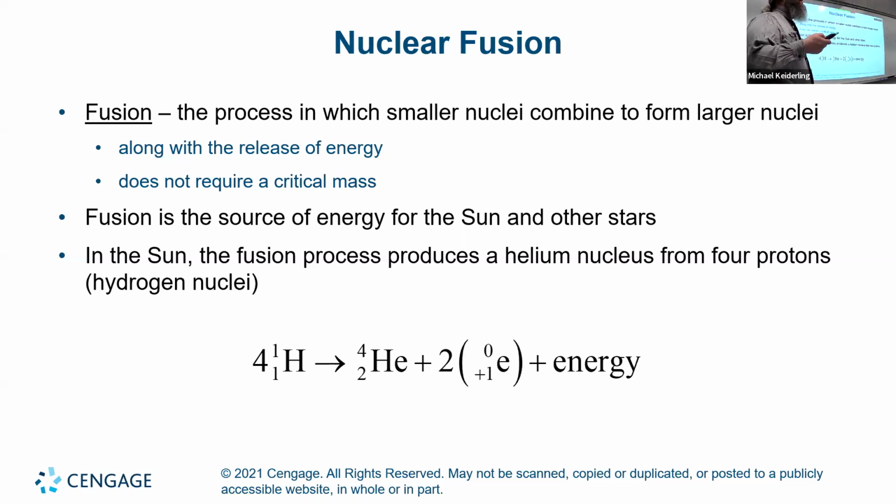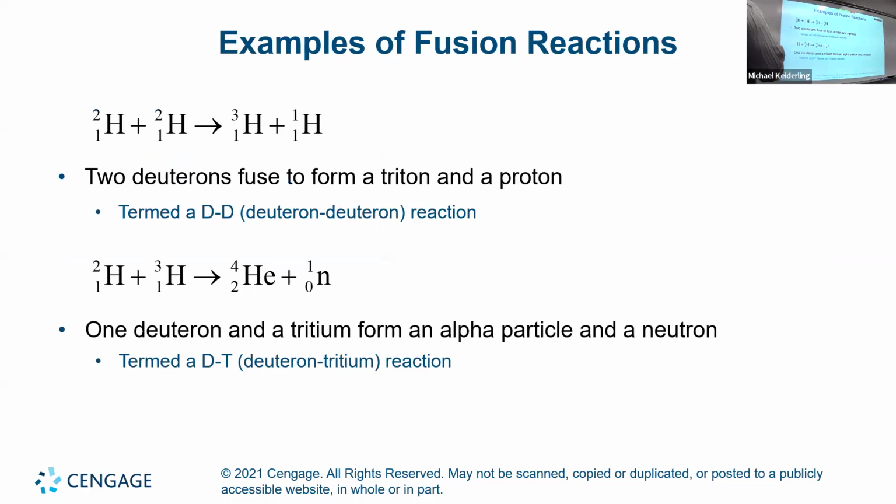The problem is that these nuclei are positively charged. You need to slam them together really fast to make them combine. The sun cheats by being super dense and super hot. For us, we want to do something more like this: two deuteriums combining to form helium-3 and a hydrogen. This is a deuterium-deuterium reaction. I believe this is the one that's most likely going to be used for actual break-even fusion reactors.